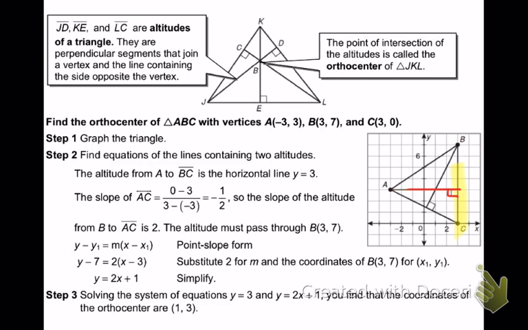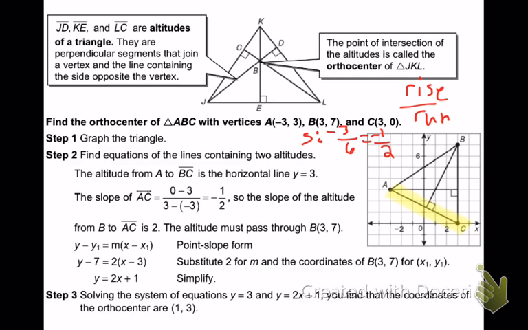Great. It's the next one that students struggle with. I have two other lines. I've got to find one of them. Let's look at AC here. Well, I want to find a line perpendicular to that. So what do I need to do? I need to find the slope. Well, how do I find the slope from A to C? What's another way to think of slope? Rise over run. So if I go from A to C here, does anybody know what my slope is? AC slope? Negative 3/6 or